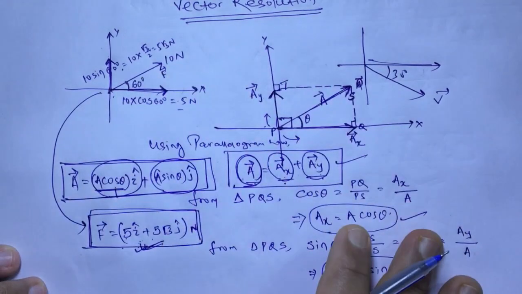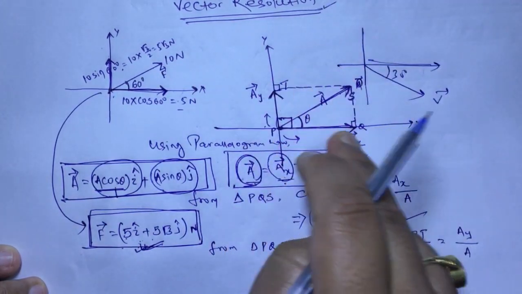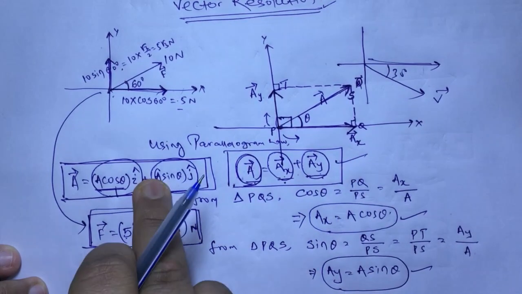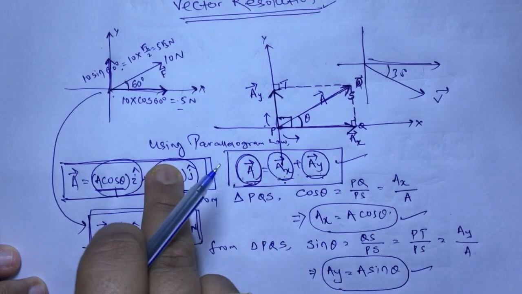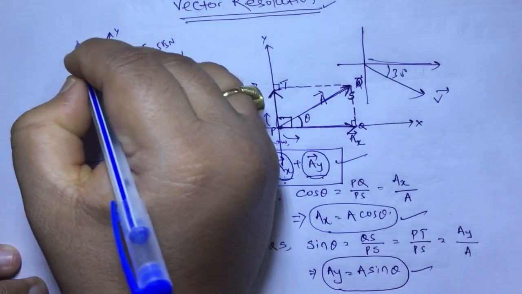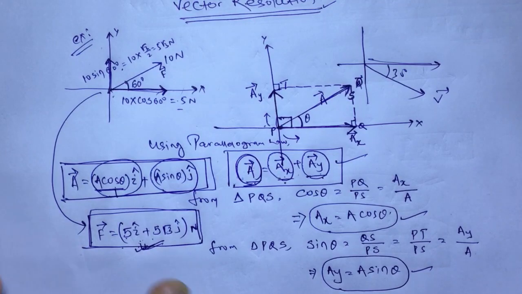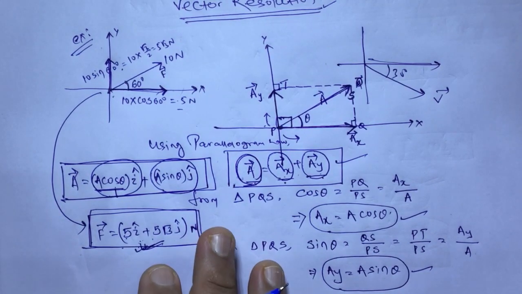So what you have to write here? Just give vector resolution, draw this diagram, Ax, Ay vector, then this and this. Okay, this much part you write, then give this as an example, with this diagram. Now we will learn what is the shortcut or what are the tricks that we can use.